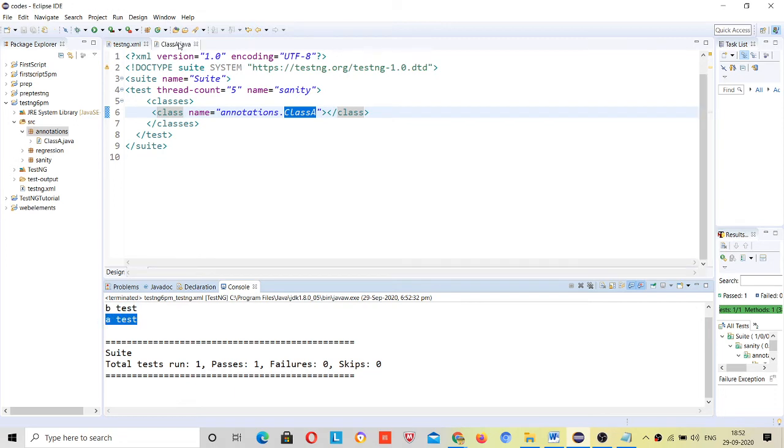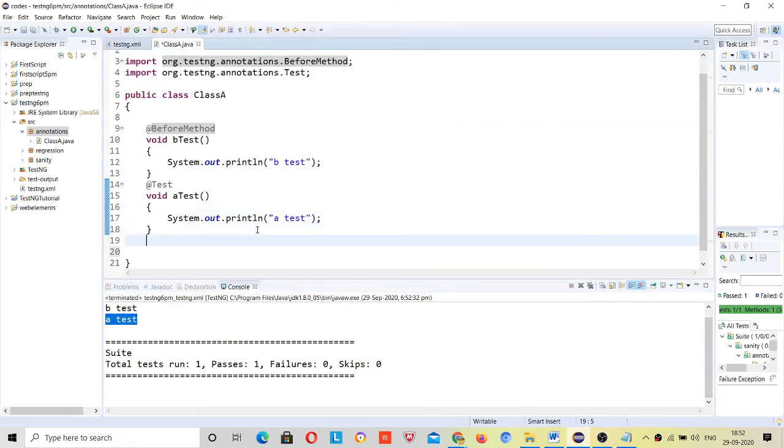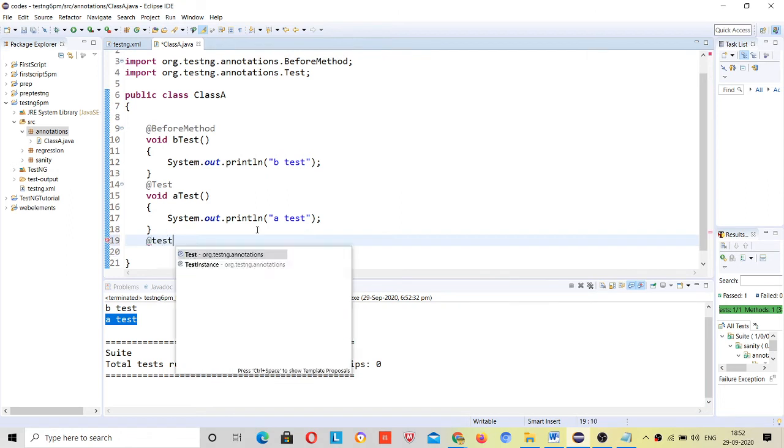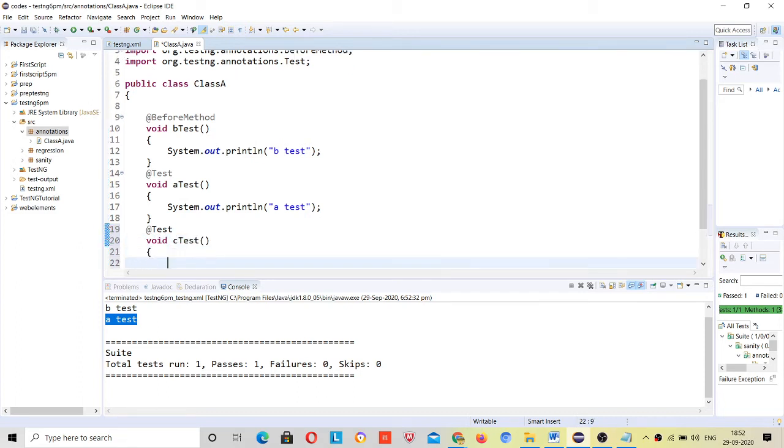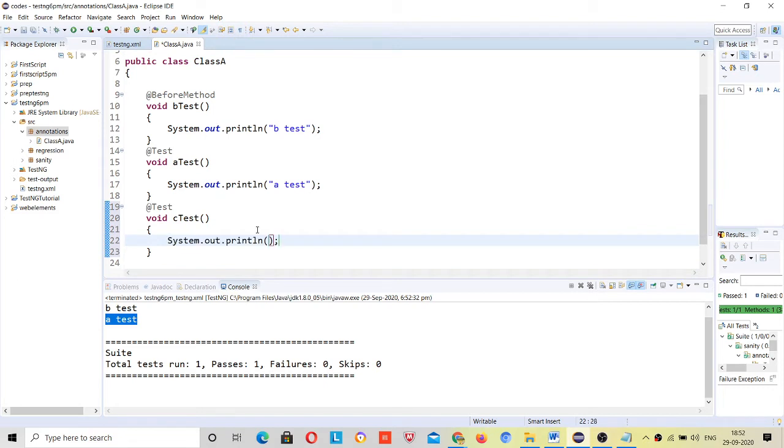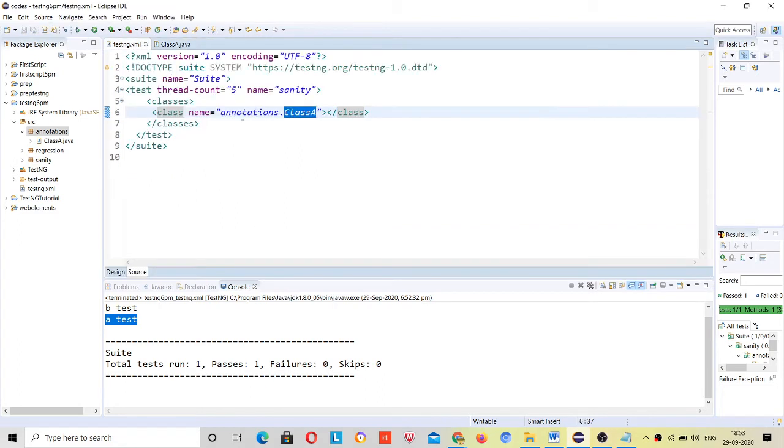Suppose I have another method here, @Test void C test. Then what will be the output?